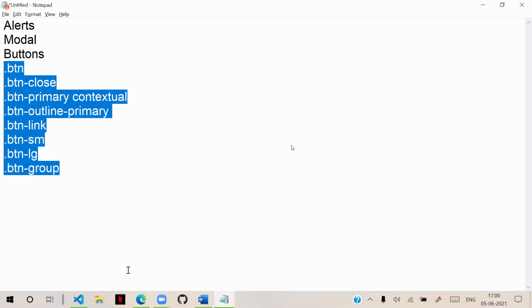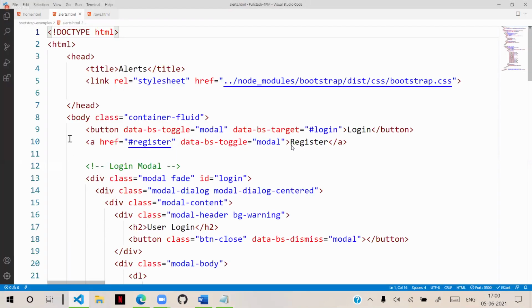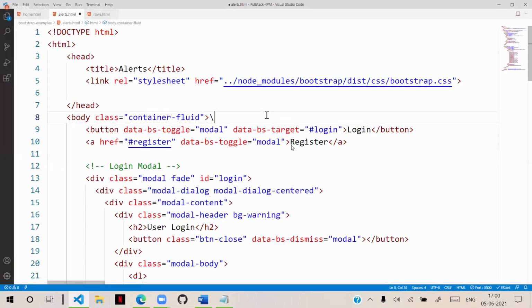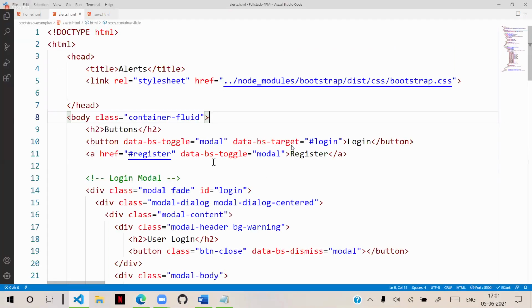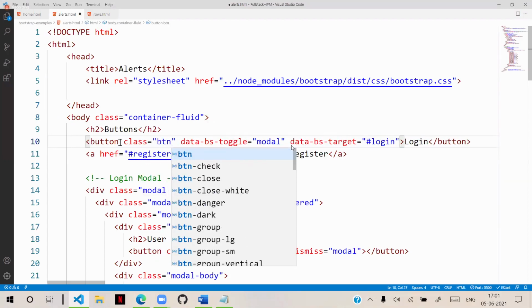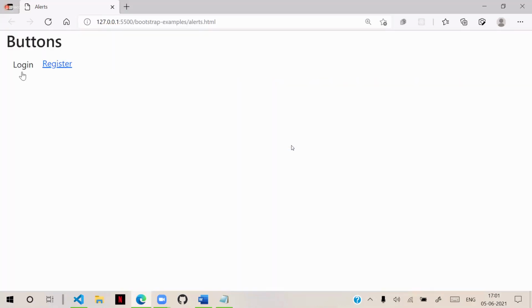I will just show you how they are designed first. Then we can apply it to our content. See, generally, this is the button, login and all these are there. I will keep a heading here, like Buttons, roughly. And for buttons, if I want to give an appearance, this login is a button. I can simply put the class for the button as btn. That is the base class, but it will not have any effect by itself. Borders, everything will be removed.